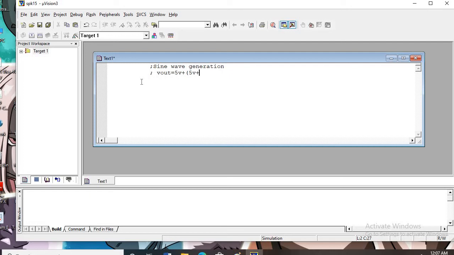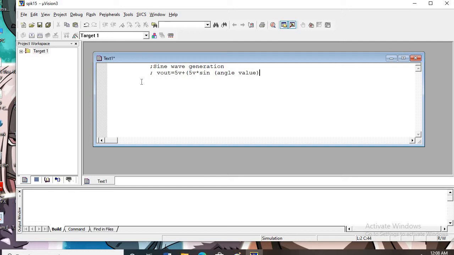Here I can't directly write the symbol of theta, so I will write it here as sine of, into bracket, angle value.